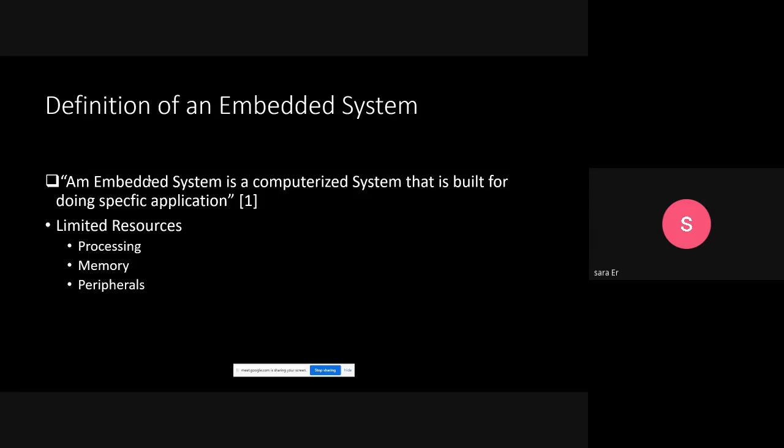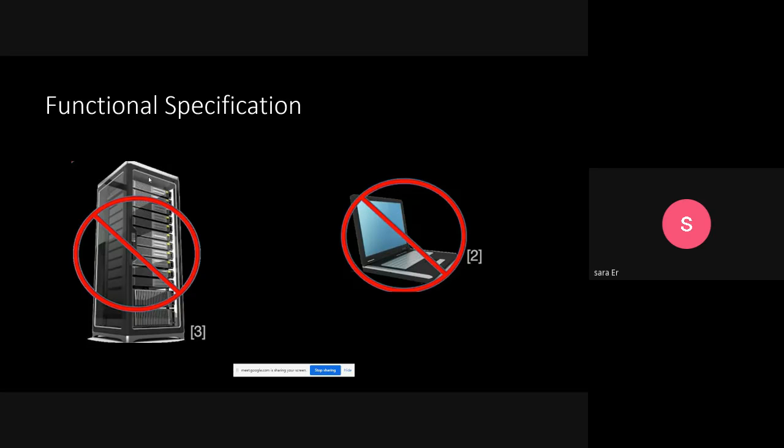It has only a board, and on this board there are lots of limitations about the processing, the memory, and how to communicate with other devices. Therefore, an embedded system is not a PC or a server, it is only a chipset, a board, inside very many devices around us.